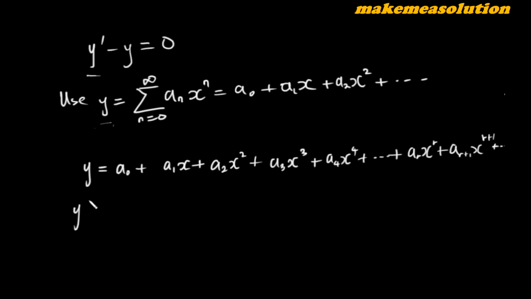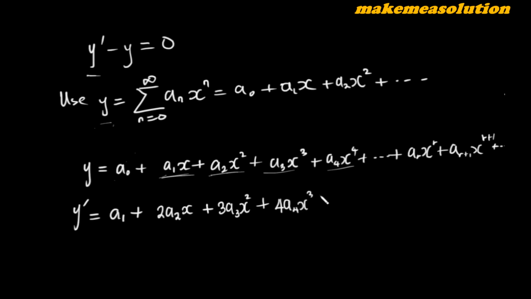So I'm going to differentiate. y prime is equal to differentiating a naught with respect to x. It cancels since it's a constant. Differentiating this one, let's be careful here. When you differentiate this one with respect to x, you get a1, then plus, you differentiate this one with respect to x, you're going to get 2a2 x. Are we good? And plus, differentiating this one with respect to x, you're going to get 3a3 x squared, plus you differentiate this one with respect to x, what will you get? Very good, 4a4 x cubed, and it keeps going like that,